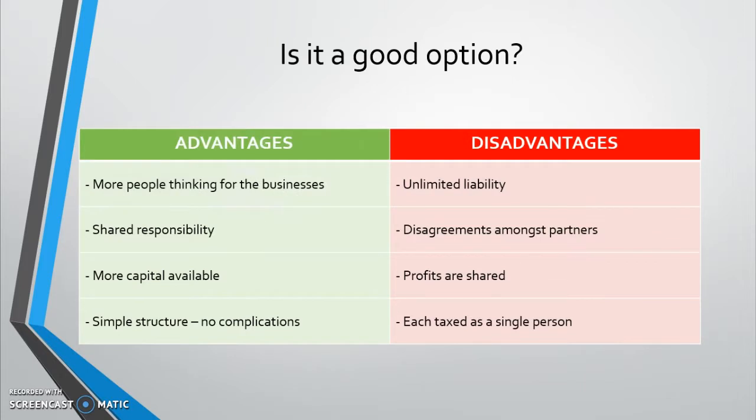So the advantages and disadvantages would be, well, the first one is obviously that there are more people contributing towards the business. So there are more brains or more minds working towards helping the business. That could involve coming up with a solution to a current problem, or just making a business plan. In any case, the more brains that are working towards a business, the better. Because sometimes the idea of one person combined with the idea of another person could actually form the best of business plans or the best of business solutions for any problems that they're facing.